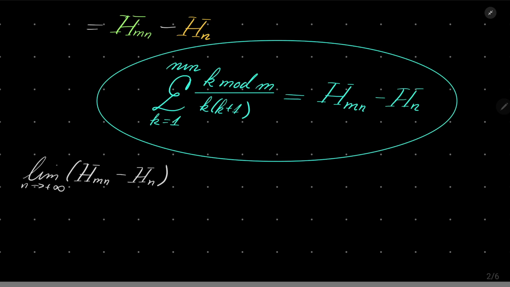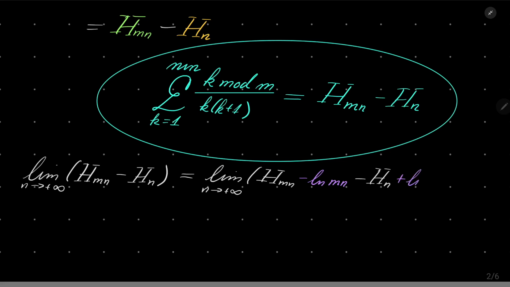And now, the tricky part, somehow tricky, I will write in this special form. First I will subtract natural log of m times n, parentheses is not necessary. I will have minus H_n, and I will subtract